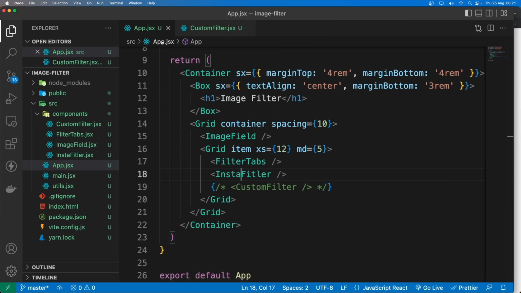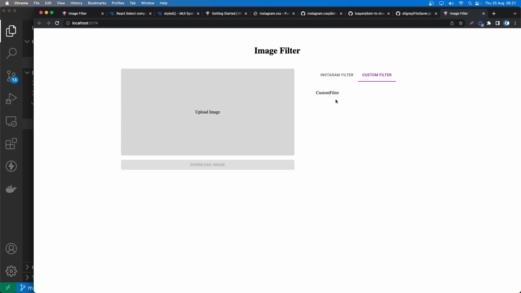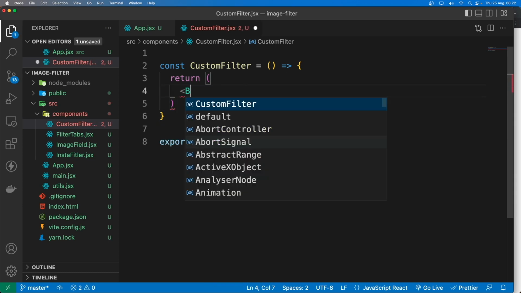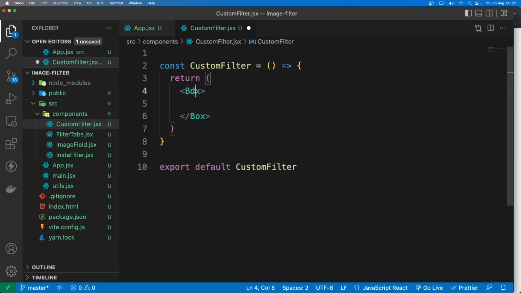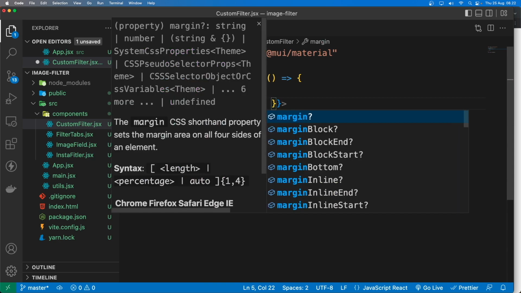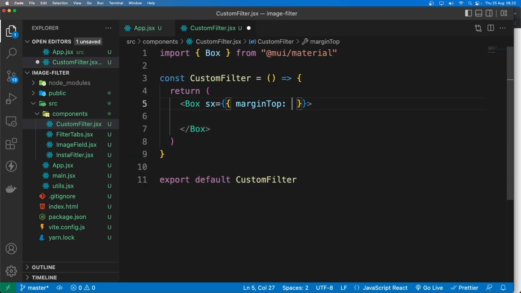All right, so in app.jsx, I'm going to uncomment the custom filter and comment the InstaFilter. So let's go to custom filter now, and you should see custom filter here. Okay, so now what we need to do here is wrap everything inside a box. So let's do Box, and we should import that. So let's import it from MUI material, and for this box I'm going to add margin top. The margin top should be 2rem, and also inside in here, basically I'm going to map through the